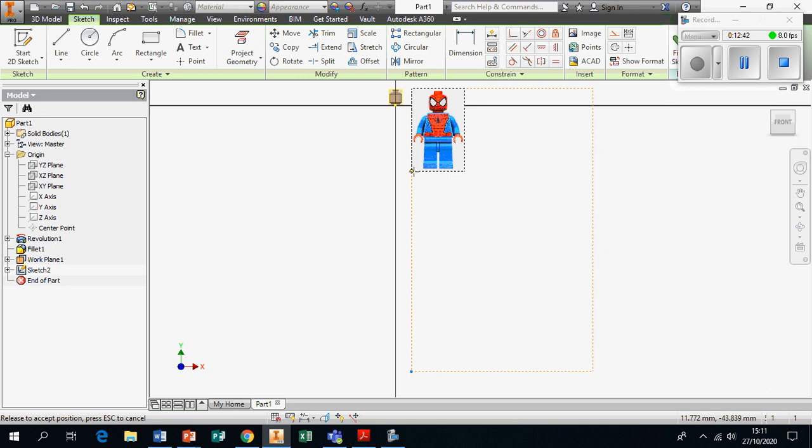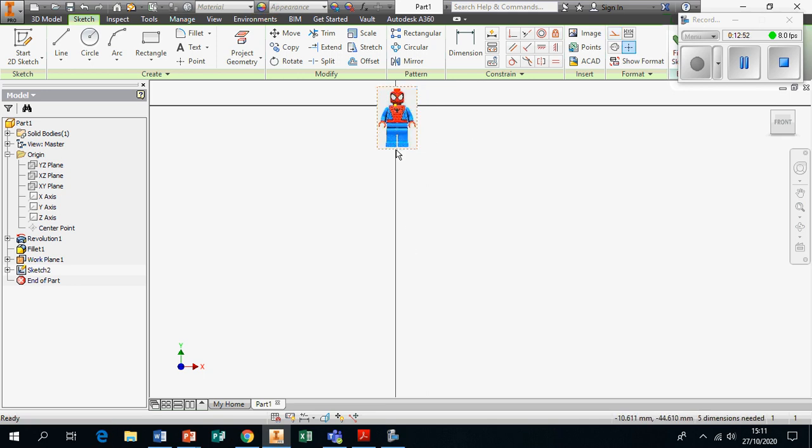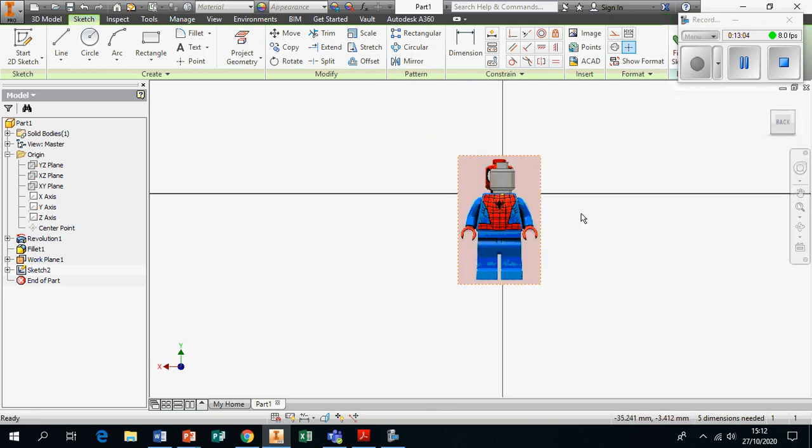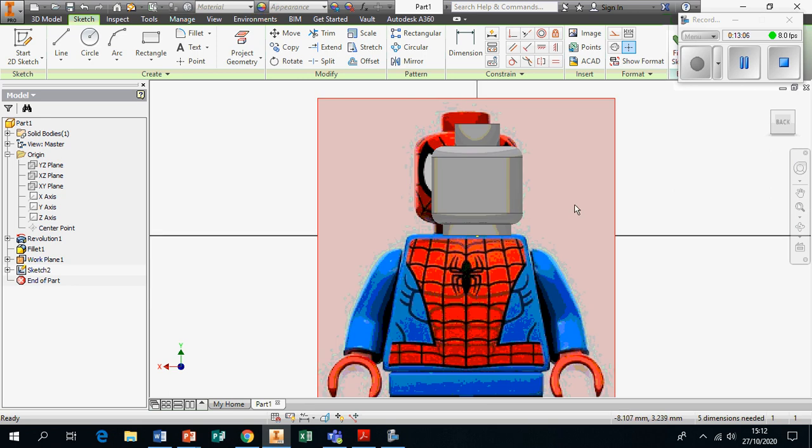Okay, so scaling that down, I'm going to make it to about there, I think. And I can shift that over my model. Now, because our work plane is in front of our model, we can't actually see. But we want to make sure that this head lines up with the image of our Spider-Man's head or your Lego character. So using our view cube, you can rotate it around, you can zoom in a little bit, and